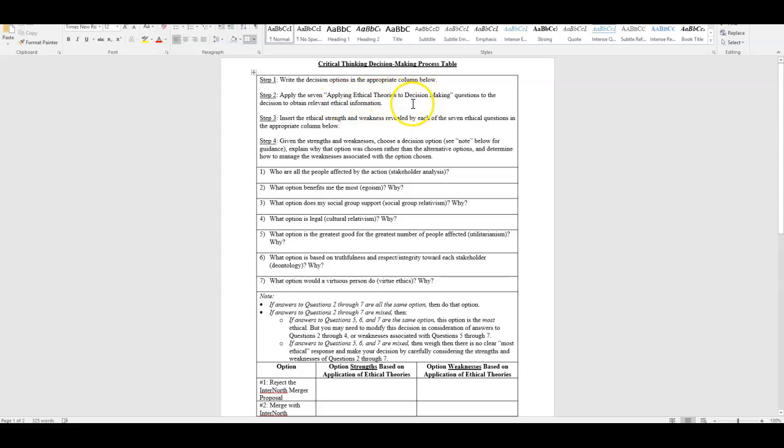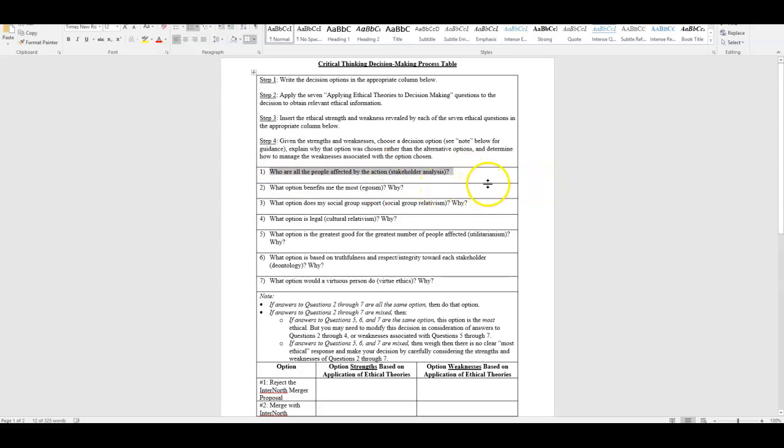Step 2, applying ethical theories to decision-making questions to obtain relevant ethical information. What does that mean? Here are the 7 questions. The 7 questions appear in these rows here. So answer these 7 questions. First,